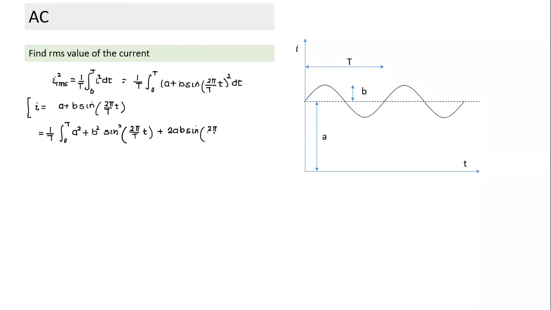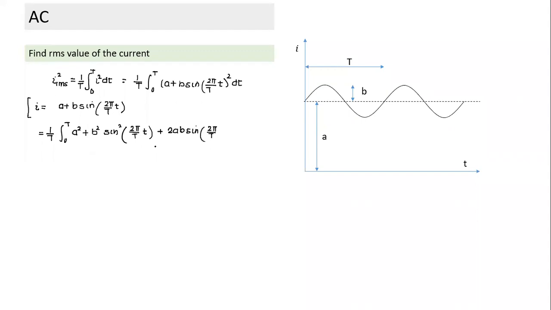Sir, we can also say that the extra area added to the normal sinusoidal function is A into T. Actually, are we calculating area under the curve? We are calculating area under the square of the curve. That's where you have to be careful. If you have to calculate mean, the mean will be equal to A into T divided by T, so the mean current will be equal to A. But the difference is that we don't have to calculate area. First, we need to square it and then take its mean. I'll come to that part again.